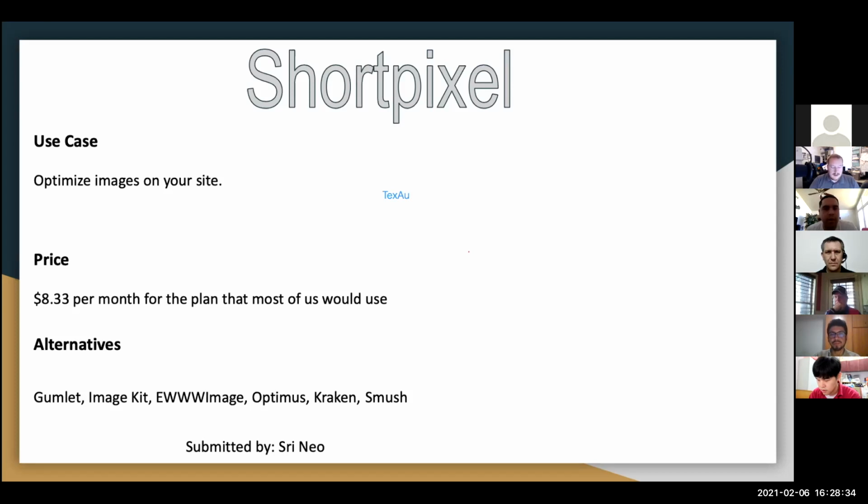But even if you don't catch the lifetime deal, they offer 5,000 images for $8.33 per month, or you can buy one-time credits, which is like 10,000 images for like $10 or something like that. Yeah, it's definitely a really good deal to get Short Pixel. If you're looking for a